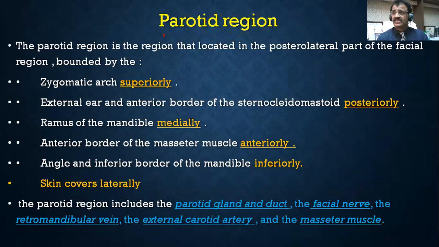My dear students, there are three pairs of major salivary glands. I am calling them major because there are numerous minor salivary glands also. These three major salivary glands are in pairs, right and left side. One is the parotid gland, the other is the submandibular gland, and the third is the sublingual gland. Mostly questions are asked on the parotid gland and submandibular gland.